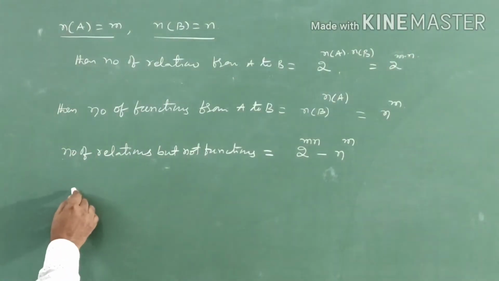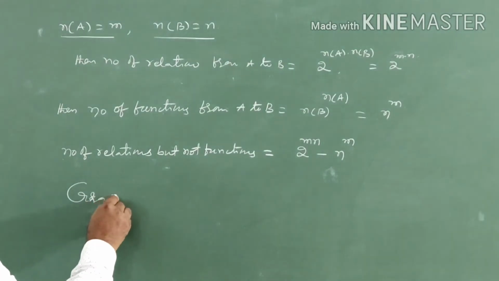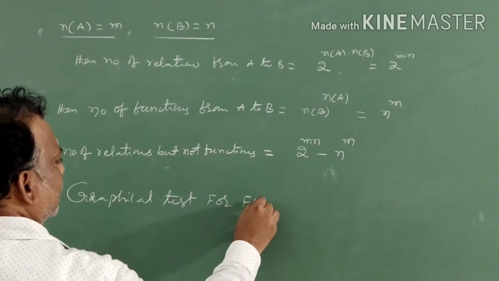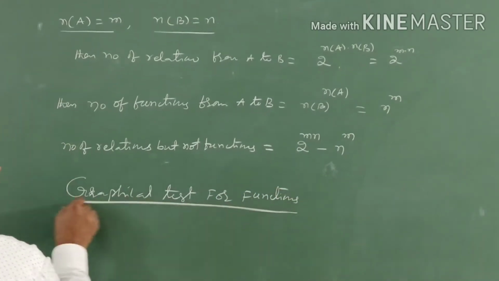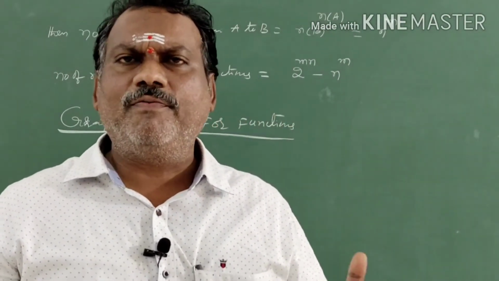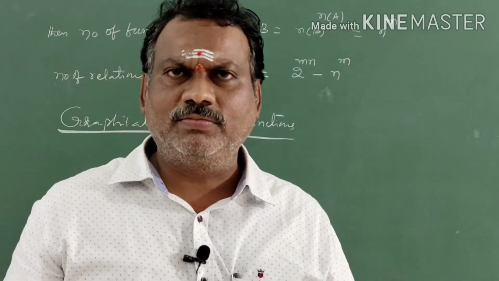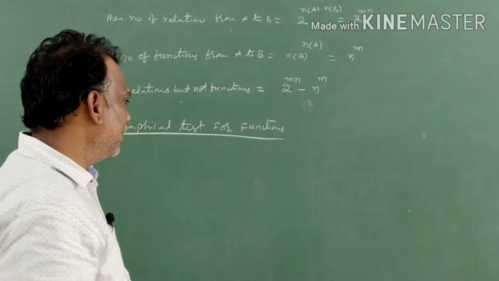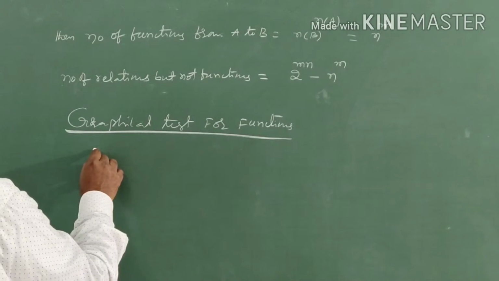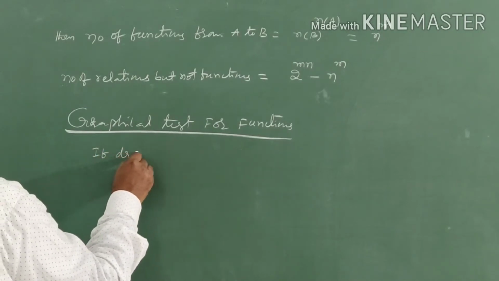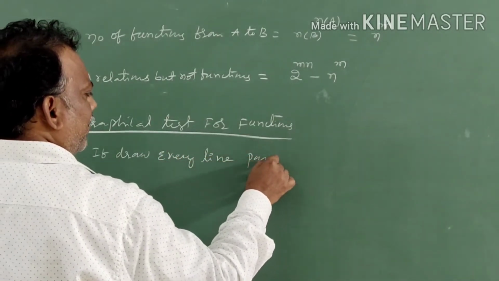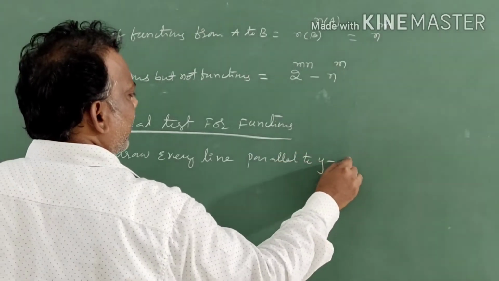Next we have the graphical test for functions. Graphical test means, see that. Graphical test for functions. So they will give a diagram, a geometrical diagram. By seeing the diagram, we have to say whether it is a function or not. How to say that? Very simple. Whatever diagram is given, if we draw every line parallel to the y-axis,